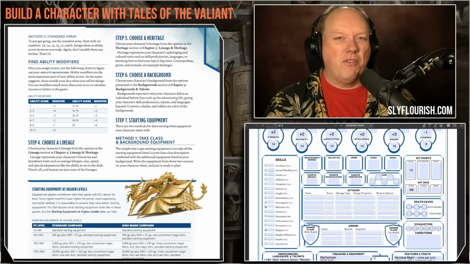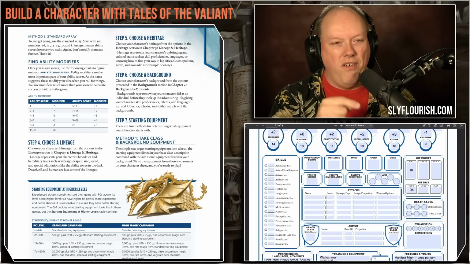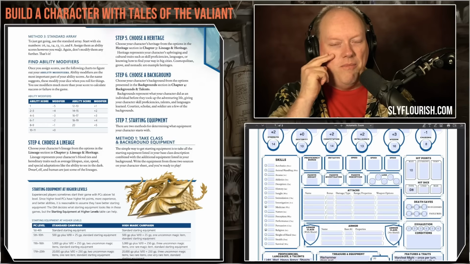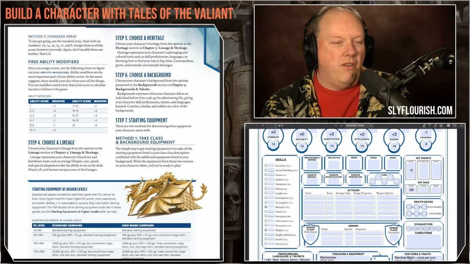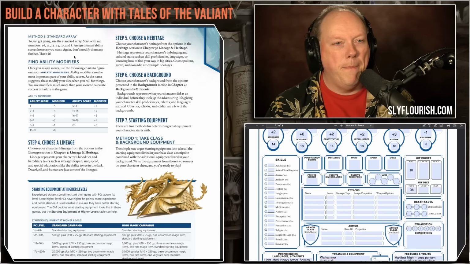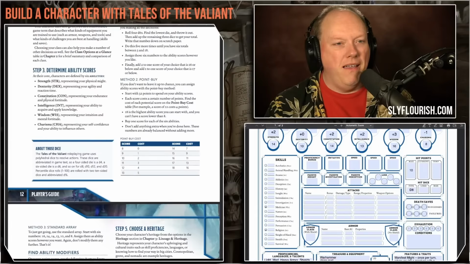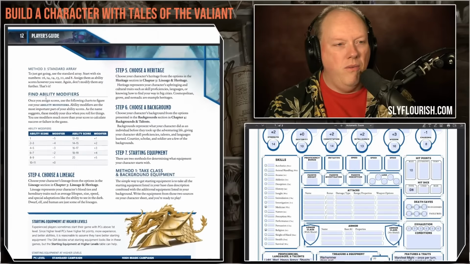But then especially if you're adding ability bonuses to feats, which I'm pretty sure Tales of the Valiant does, then the halfies matter because you don't want to offer a full ability score bump on top of a feat because that's a whole lot. All right, so I have chosen my ability modifiers, and now we are going to pick